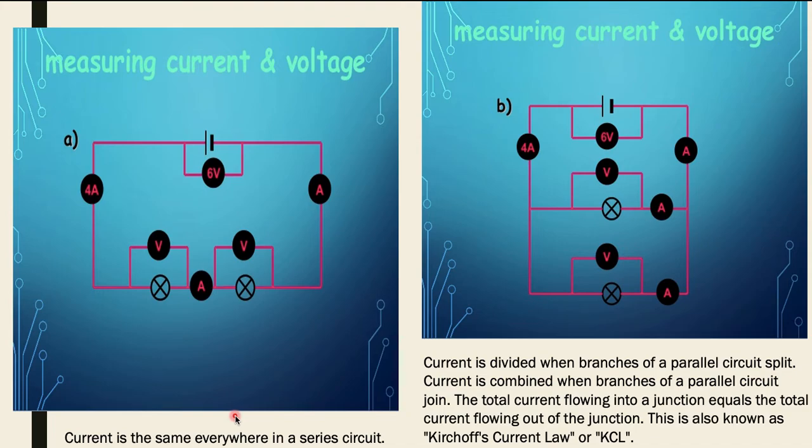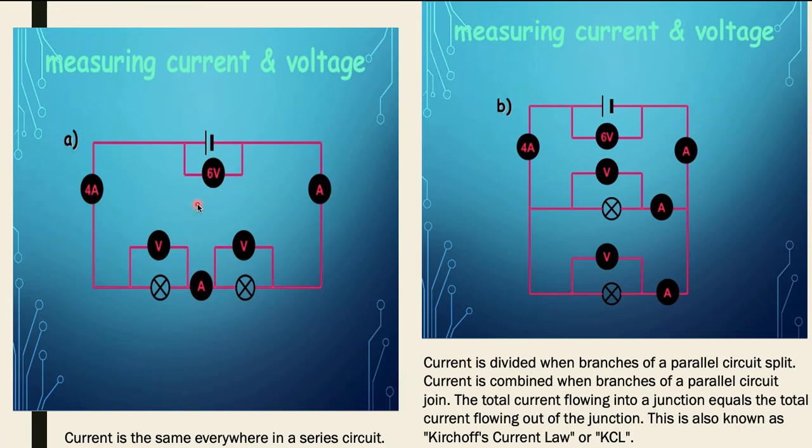And here I am giving an easy problem from the question. I am showing the picture. Measuring the current and voltage, which are A and V. These are the quantities we have to find. 6 volts, this is the negative side and this is the positive side. 4 amperes: in a series connection, the current is the same everywhere. So this 4 amperes is also equal to 4A here. And these are parallel, no? The current also flows through the series connection, so this and that one are 4 amperes, and this is equal to 4A.